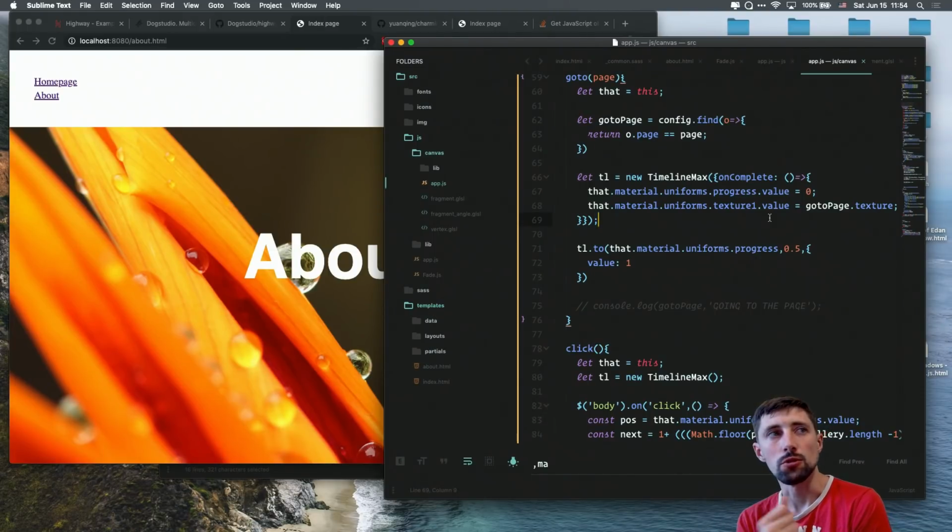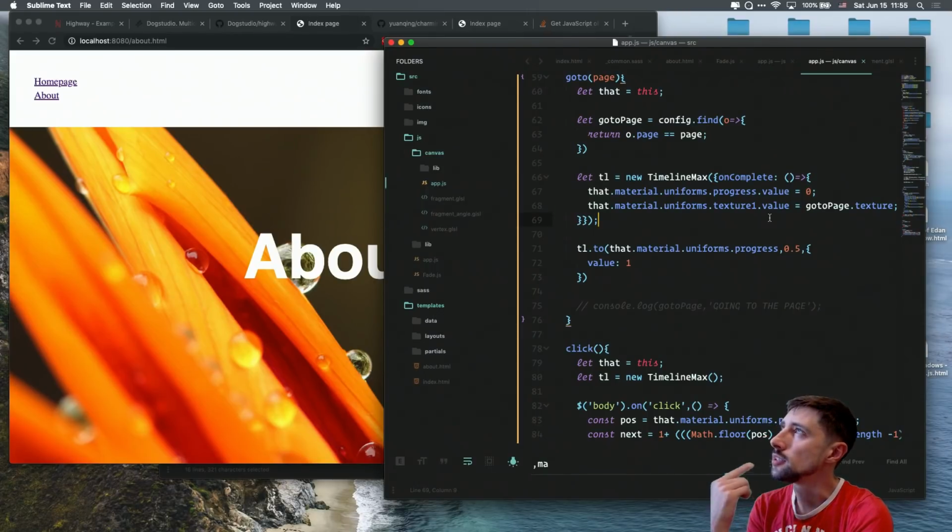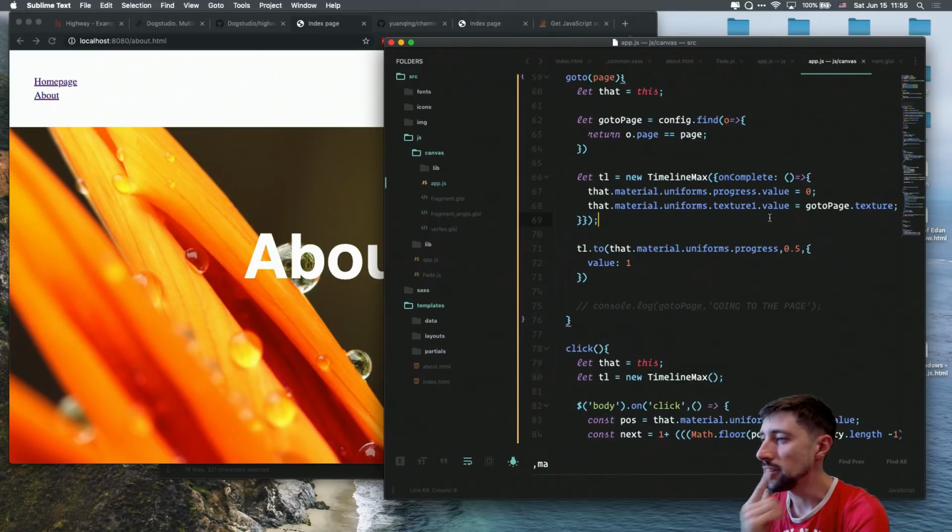It just screwed up the logic in my brain. It's not really a hard task, but I'm just trying to find the best way to do this. So I need to set the starting texture, which is already set when I run the page, and then I should set the animation, then the texture which I will animate to. So at the end I will need to change texture 1 to the go to page,